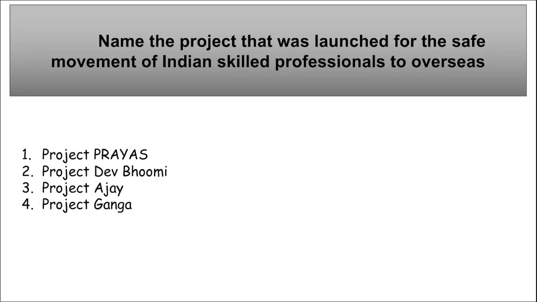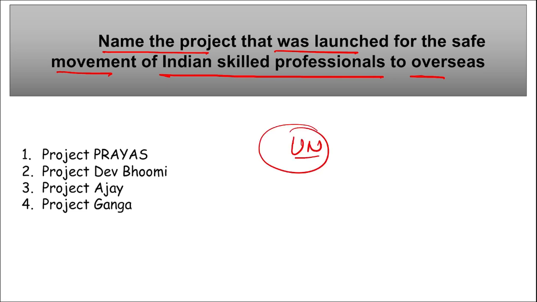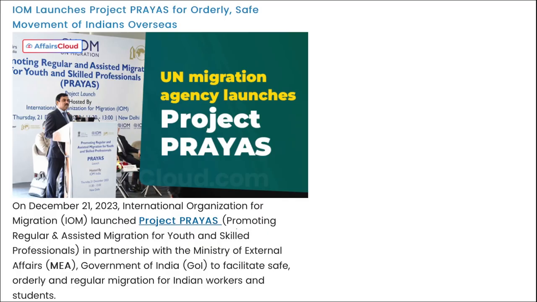Next, name the project that was launched for the safe movement of Indian skilled professionals to overseas. So recently, UN Migration Agency launched a project Prayas. This project Prayas here stands for promoting regular and assisted migration for youth and skilled professionals. This project Prayas was launched recently by the UN Migration Agency, that is the International Organization for Migration, and